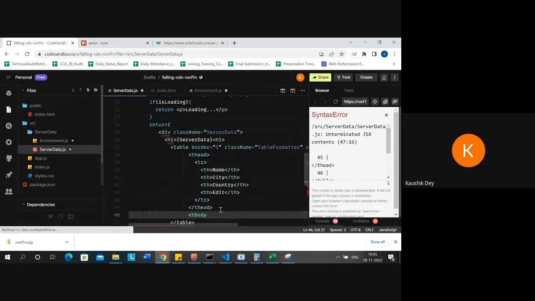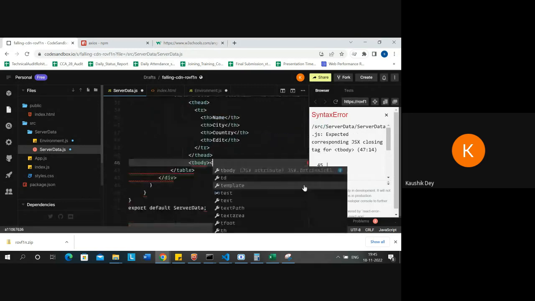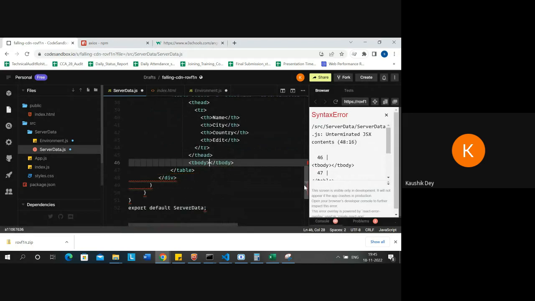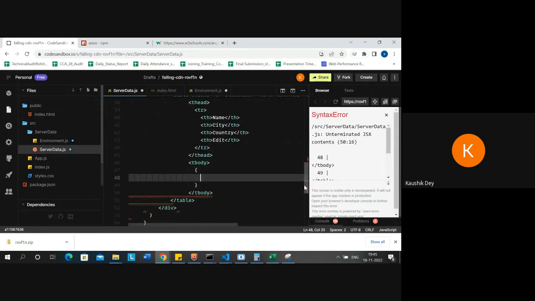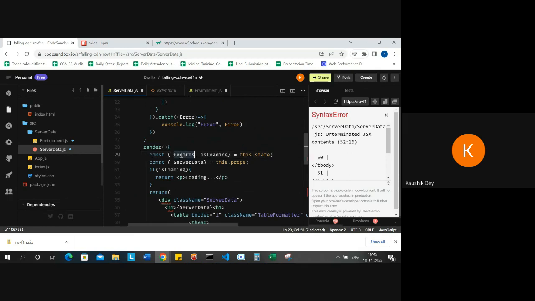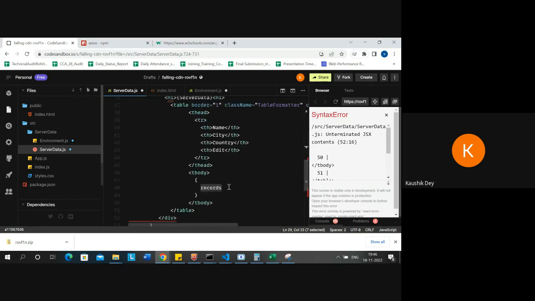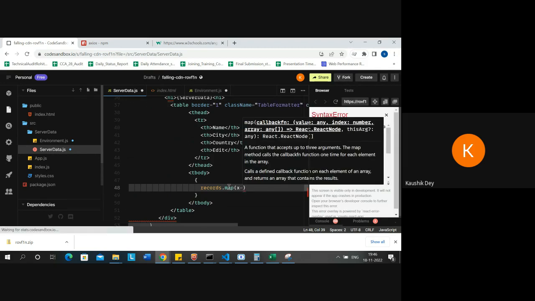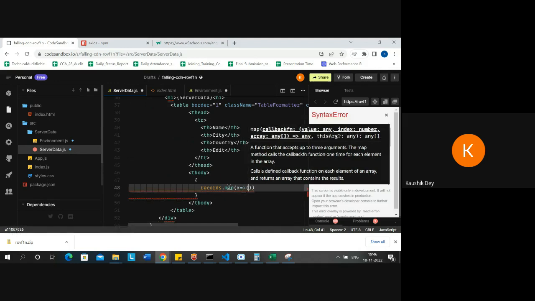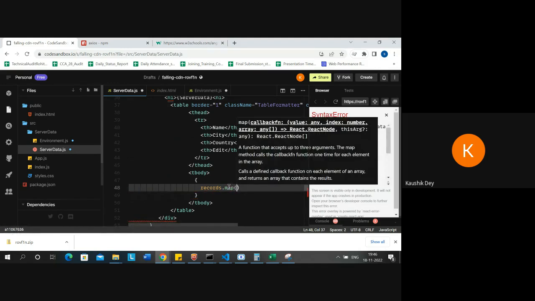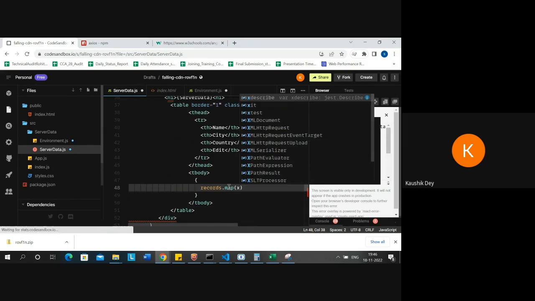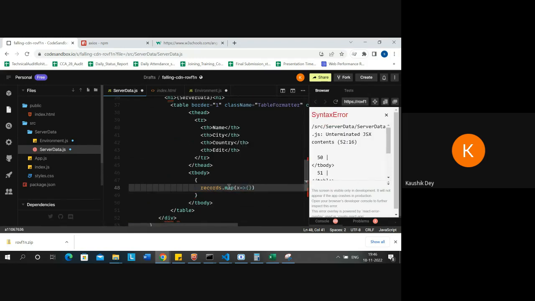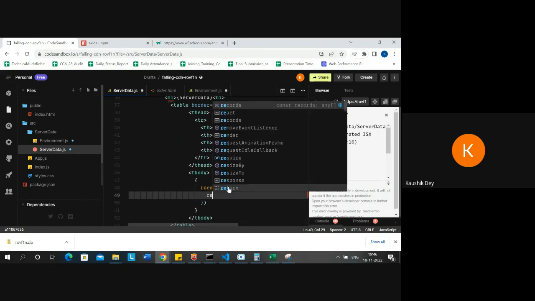Now in the table body, I will create a separate component, the table body. The records, this is the record, dot map. What I will do, I will return